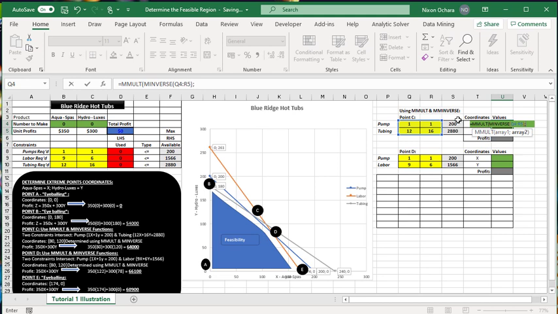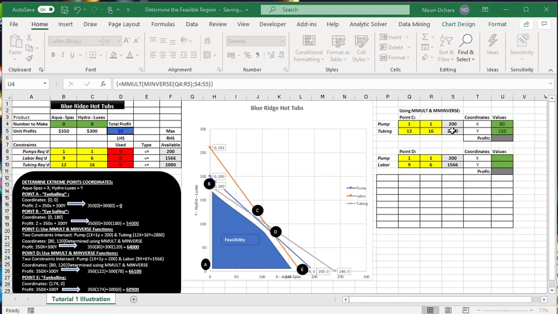The second range of values are the right-hand side values of the constraints. So select them, close the brackets, but do not press Enter first. After you've closed the brackets, you need to press Control Shift Enter at the same time for the operation to work. Press Control Shift and Enter at the same time, and you can see the values are automatically calculated, showing you that at point C,